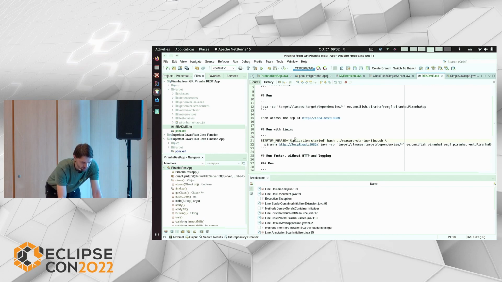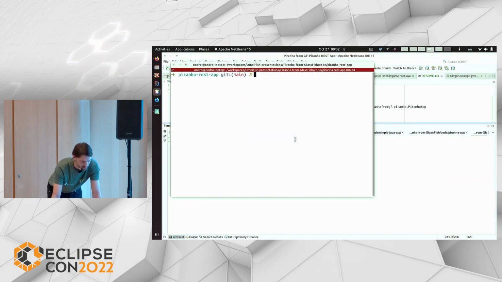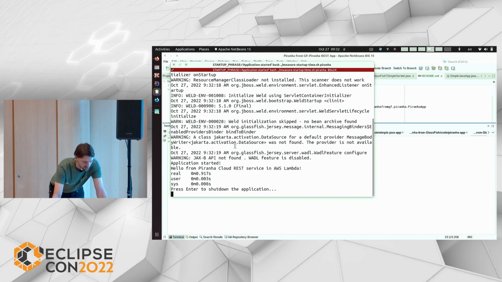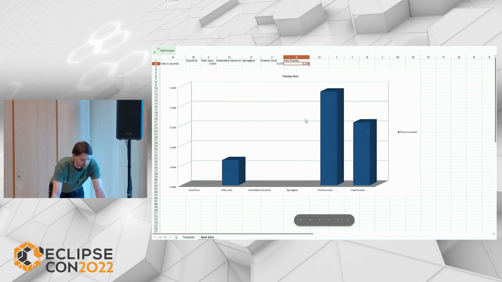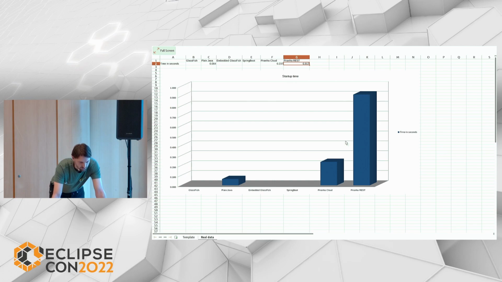And when I now start this, I have to admit that we no longer get the same numbers. We get close to 1 second. So REST is not that optimized. I think I'll have to edit this or just rewrite it.